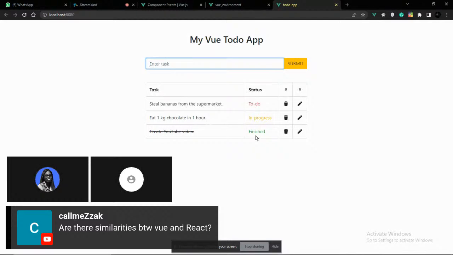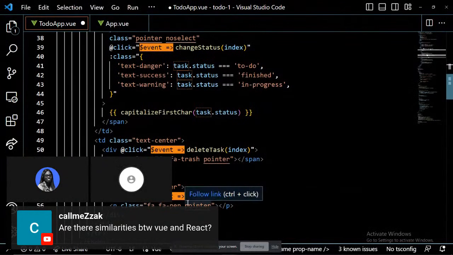Can you see the question on the screen? Okay, yeah, Vue is a framework that I would say its implementation is quite different from the way React is. React is more or less regarded as a library most times, because it is not structured in a framework pattern. Now, you could see the way Vue was able to arrange this. You have your templates, you have your script, and all of that in a specific structure that guides the way you implement things. So, let's say Vue is more structured than React, but in terms of their purpose,